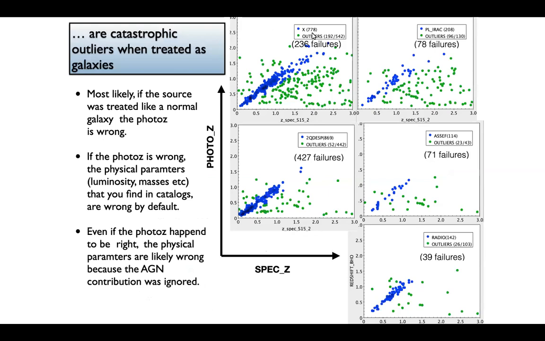And you see here what is happening. In that half of the sky, there were 778 AGNs with spectroscopy. And we have 192 wrong, and 25% of the sources have the wrong Photozs. Here we have that more than half have the wrong Photozs when you are running Photozs for power law